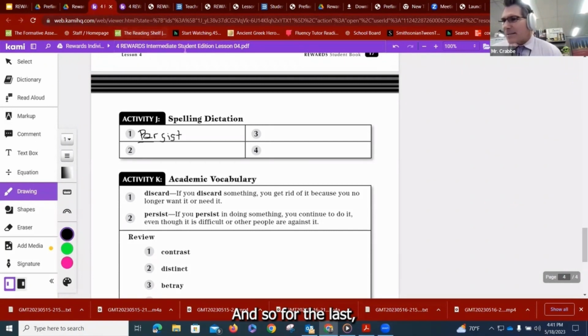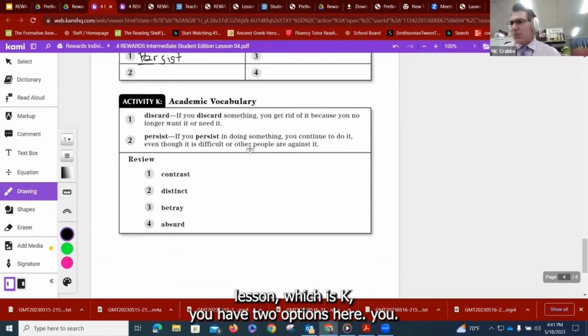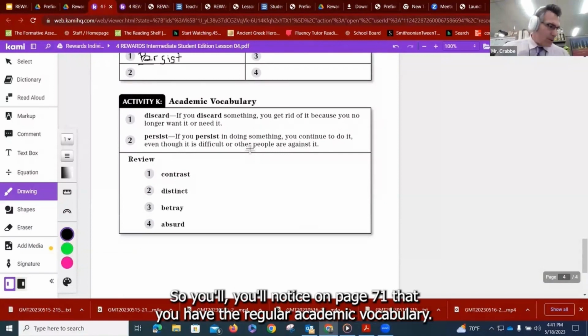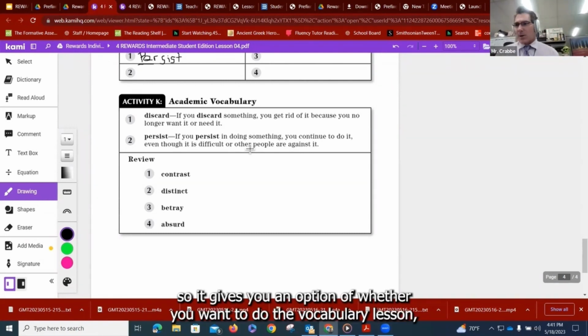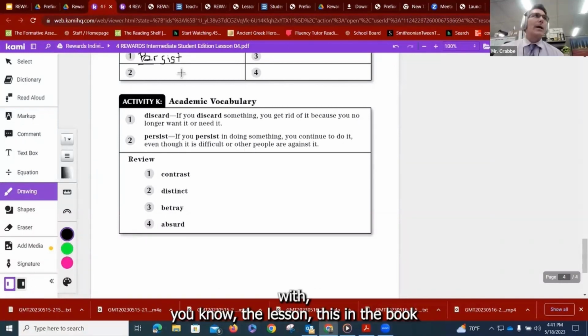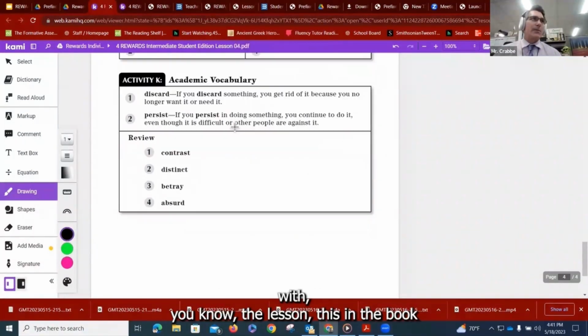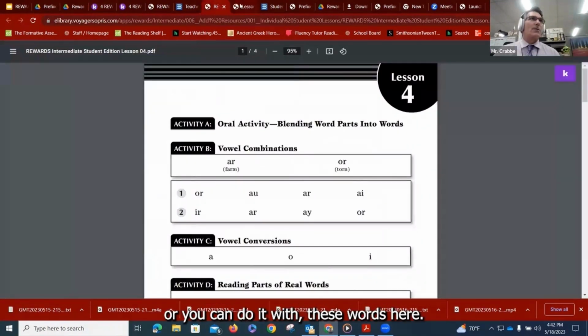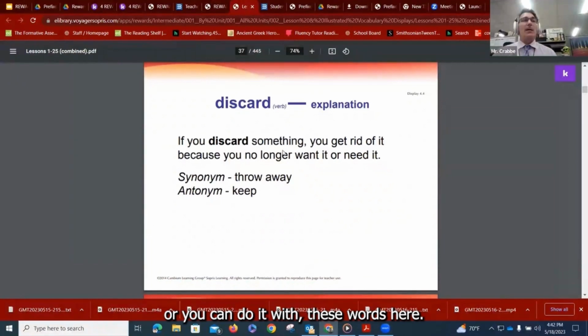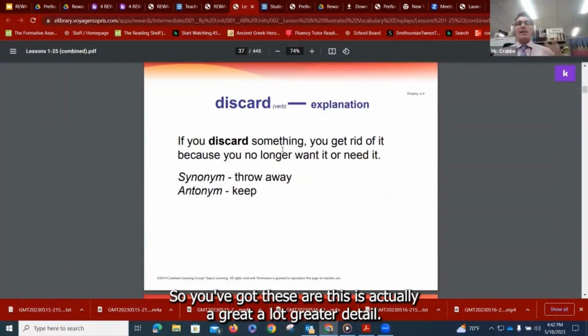And so for the last lesson, which is K, you have two options here. You'll notice on page 71 that you have the regular academic vocabulary, and then on page 73 you have the illustrated academic vocabulary. So it gives you an option of whether you want to do the vocabulary lesson that's in the book that looks like this right here in the kid book, or you can do it with these words here. This is actually a lot greater detail,